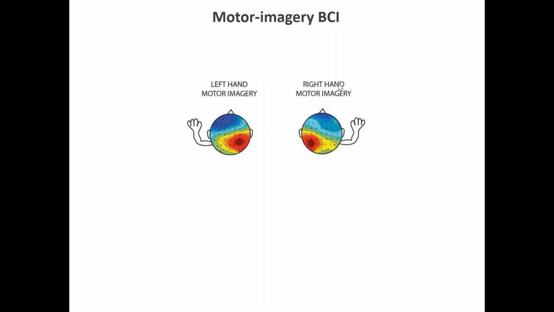Well, how does that work? We again use those kind of methods, but now the second matrix will be different. The first matrix basically will be the covariance matrix of the data that we have acquired while the subject has imagined moving the right hand. And the second one will be the covariance matrix of the data that has been acquired while the subject has imagined the movement of the left hand.